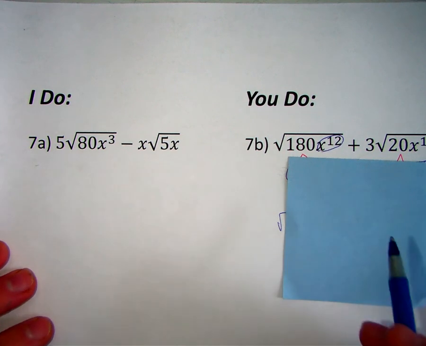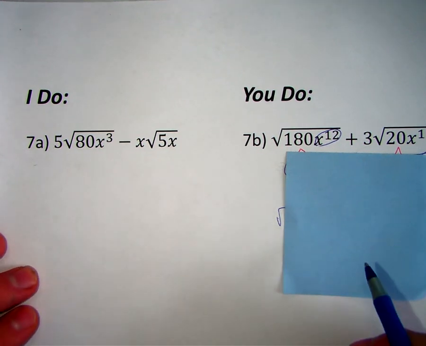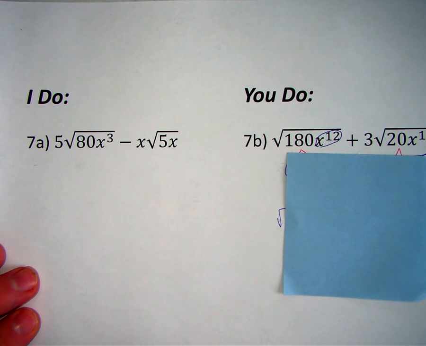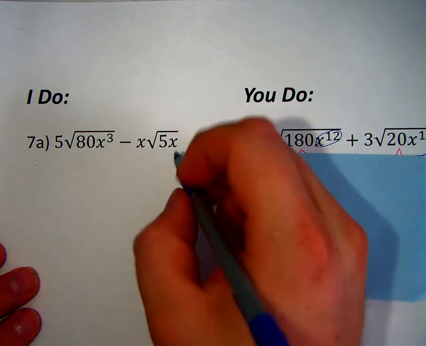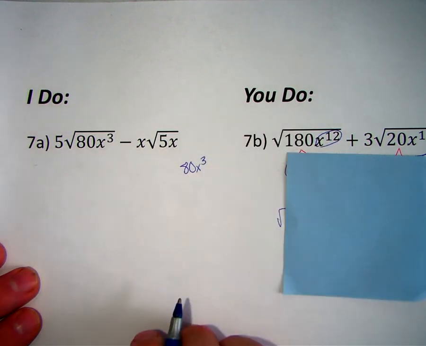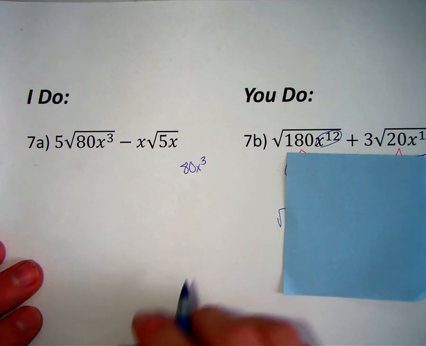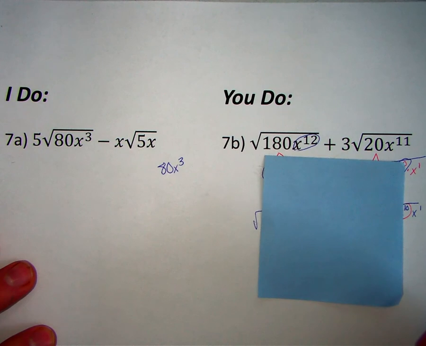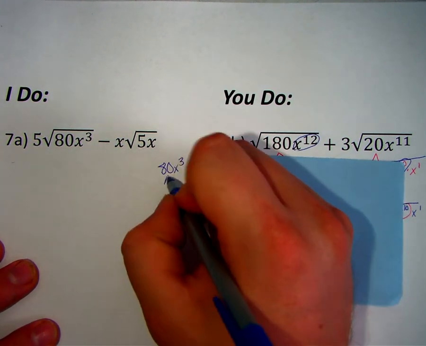All right, last one. 5 root 80 x cubed minus x root 5x. So the first thing we need to do is deal with that 80 x cubed to see if anything is going to simplify. So I'm going to pull that off to the side. 80x cubed. And really, I'm only interested right now in the 80. So 80's got factors of,